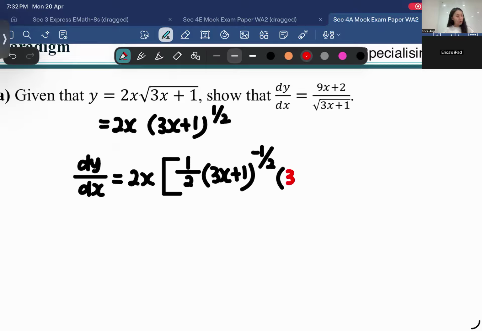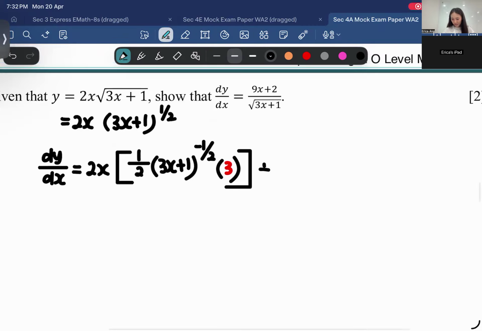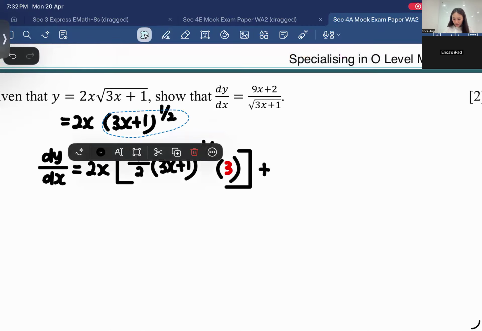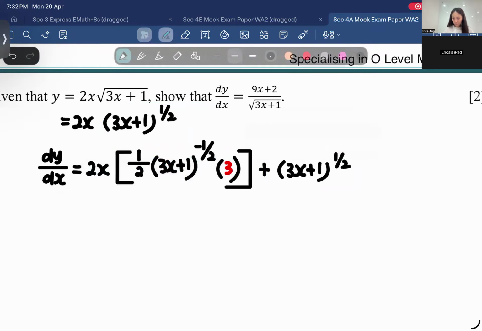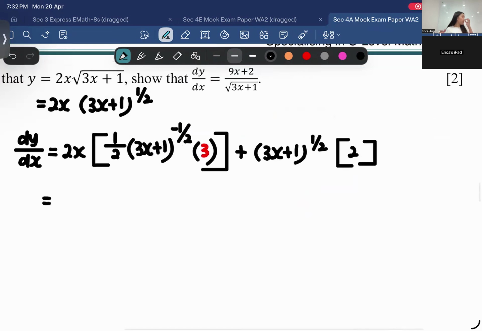Yes, you forgot that. But wait first, listen first. Then after that, close it up. Correct or not? Then product rule is a plus. So now you copy this one, right? What do you multiply by? Correct. So then from here, I always teach my kids to do it this way because this will work for